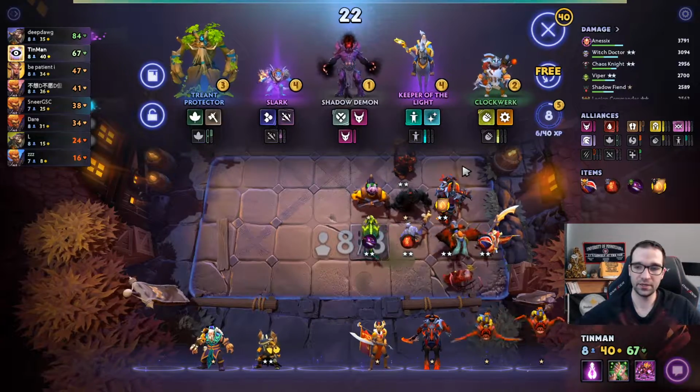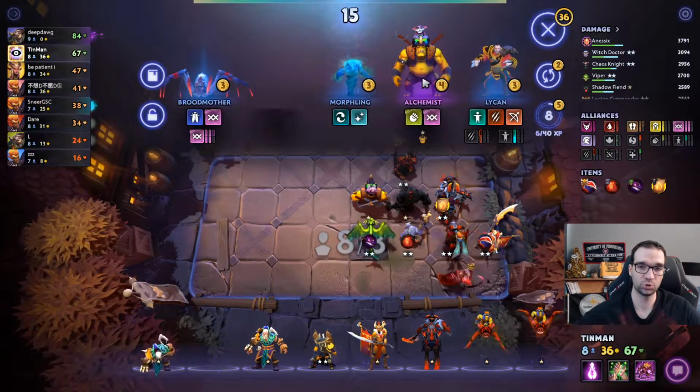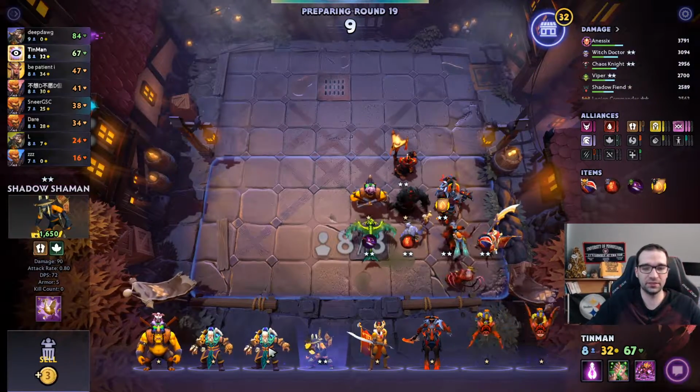Alright, nothing I need here. Let's just use our free reroll. We do find an Alchemist and our own Lone Druid. Sure. I think I'm getting baited in by these